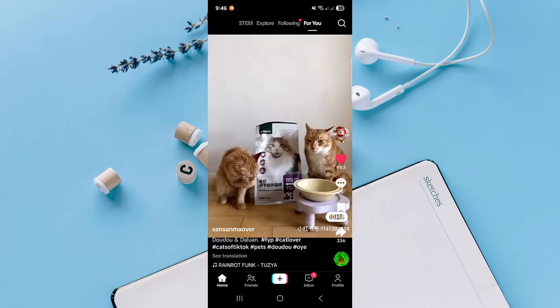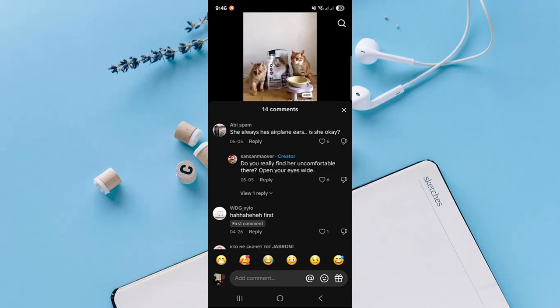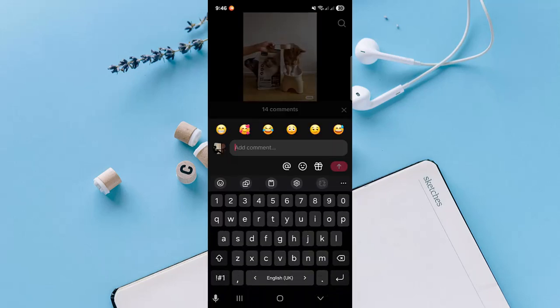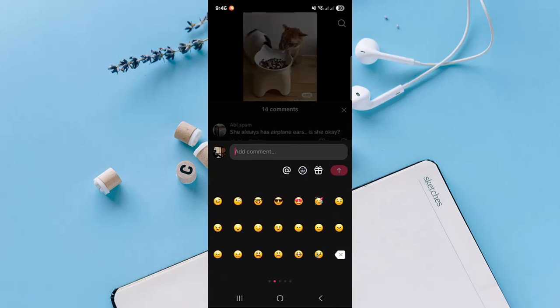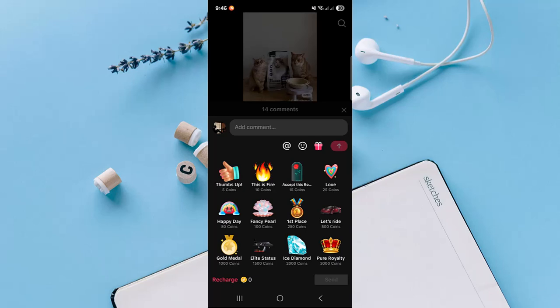Now head over to the comment section. Now just head over to this add comment. Now just tap on this picture option. So as you can see, there is a gift option in here,